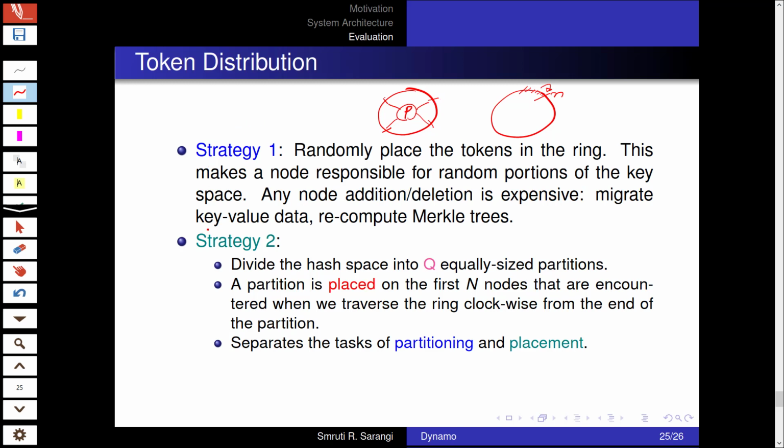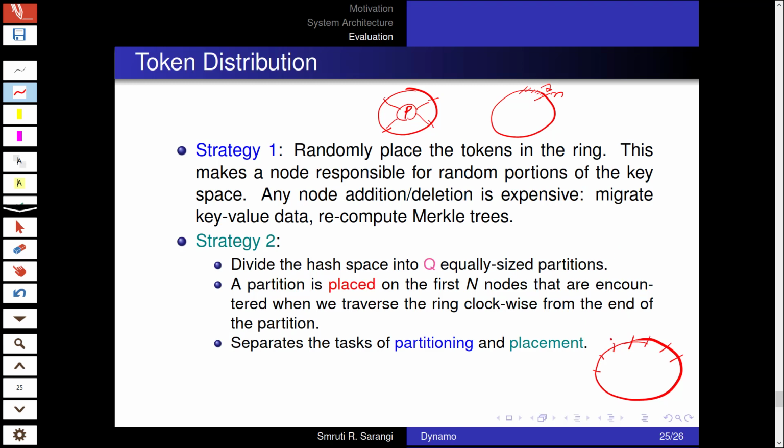The other approach is something like this. We divide the hash space into q equally sized partitions. So then what happens is that each partition is placed on the first n nodes, which means that we split the job of partitioning this key space and assigning the keys to successors.